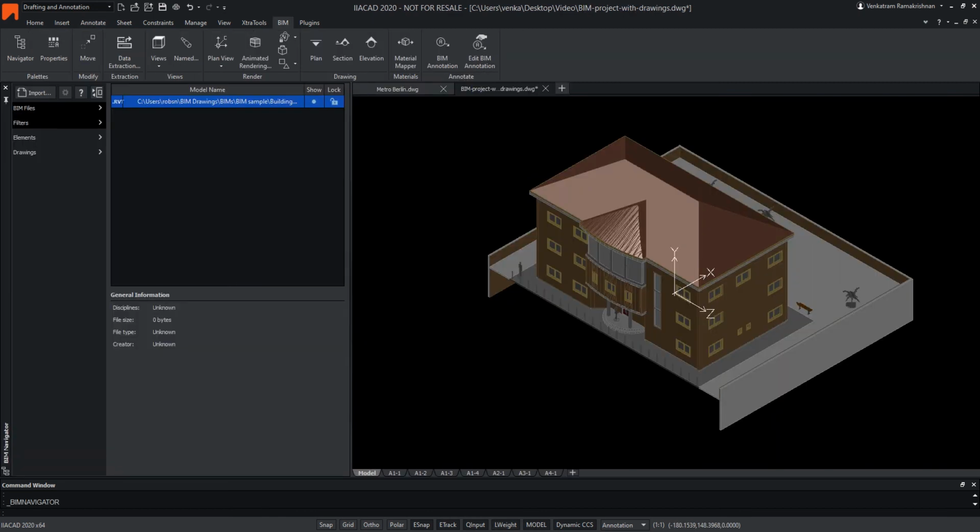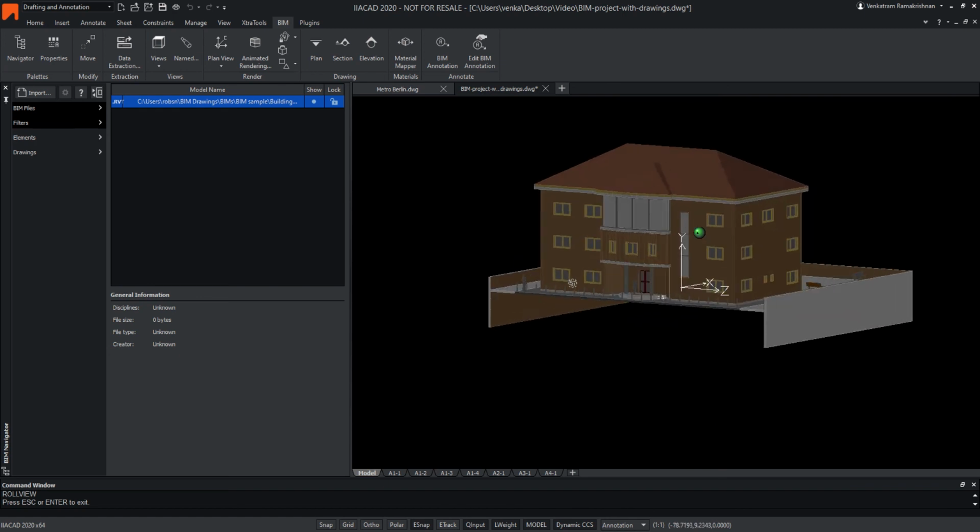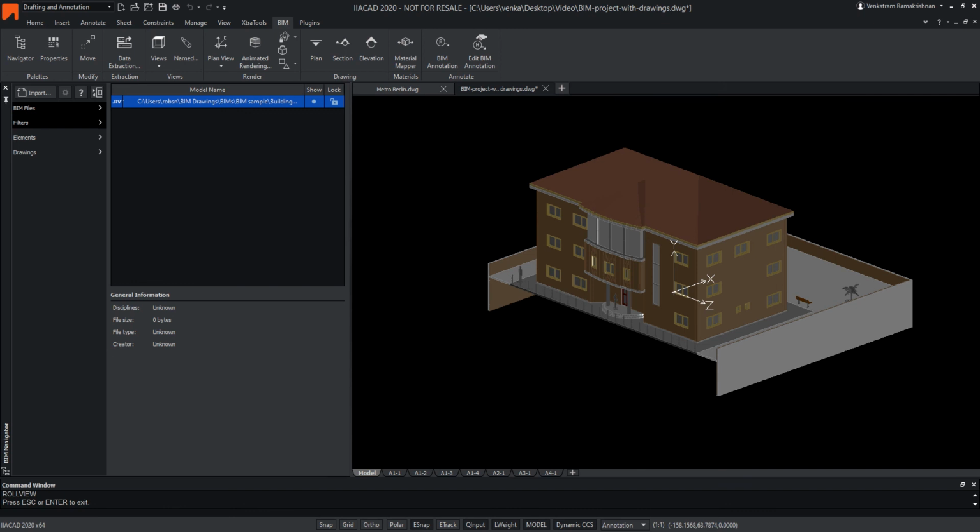Some other fundamental advantages of IAA CAD include the BIM features. You can import and view Revit and IFC files, but most interestingly, you can extract 2D drawings from them and extract the BIM information into tables. We can even combine different BIM files to mix BIM information from different sources.